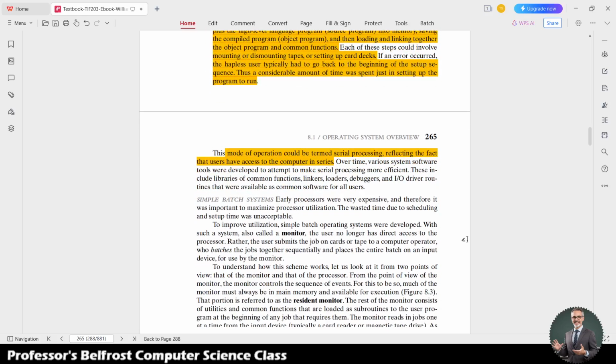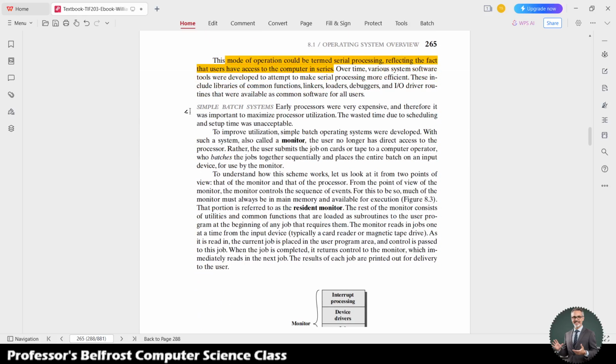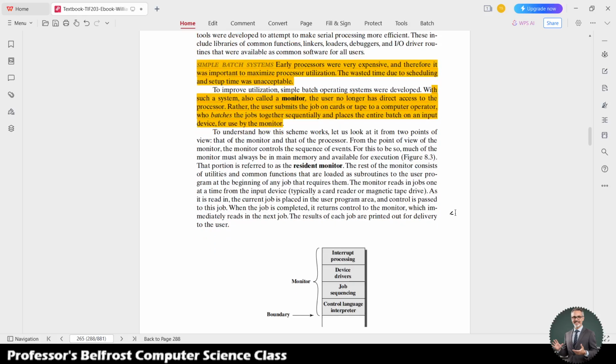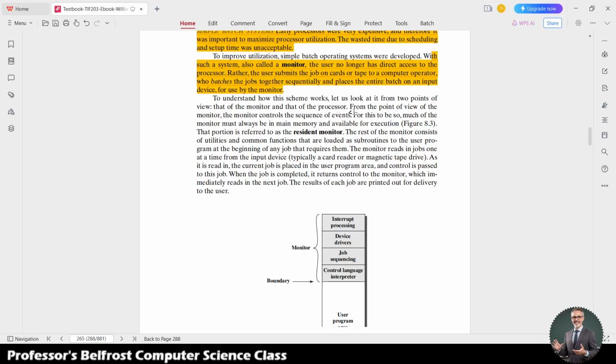Okay, and then we enter the simple batch system. Early processors were very expensive and therefore it was important to maximize processor utilization. So the wasted time due to scheduling and setup time was unacceptable. With the simple batch operating system, also called the monitor, the user no longer has access to the processor, but rather the user submits the job on cards or tape to a computer operator who batches the jobs together sequentially and places the entire batch on an input device for use by the monitor. From the point of view of the monitor, it controls the sequence of events,